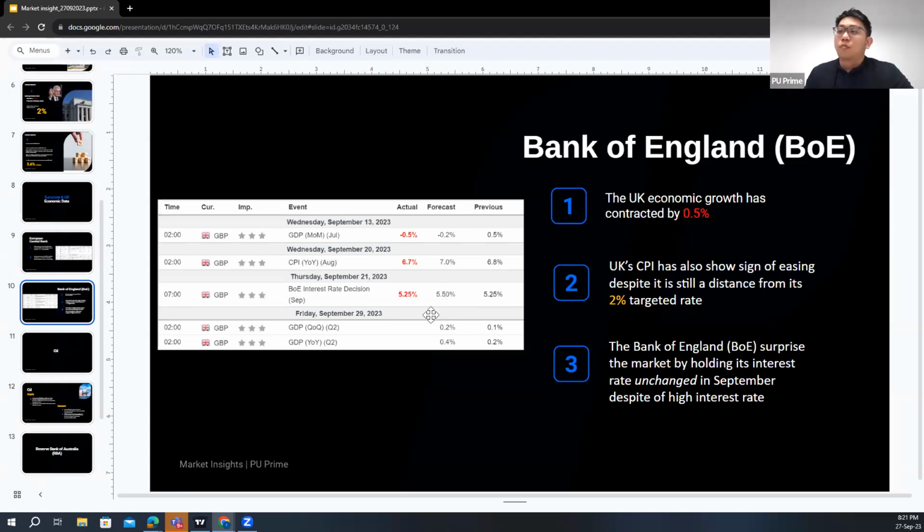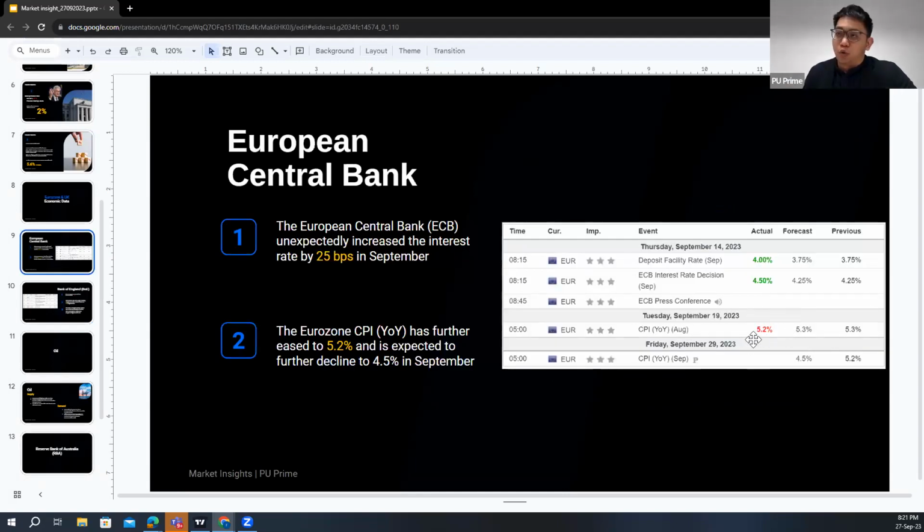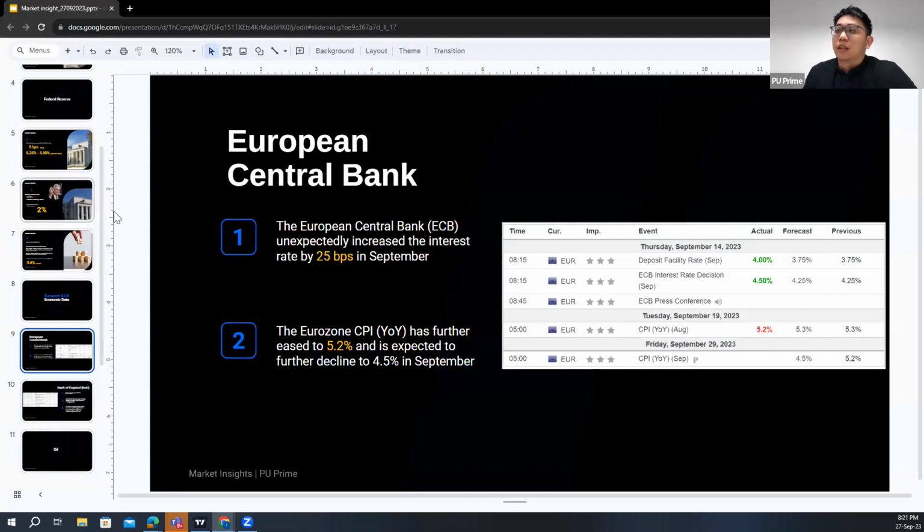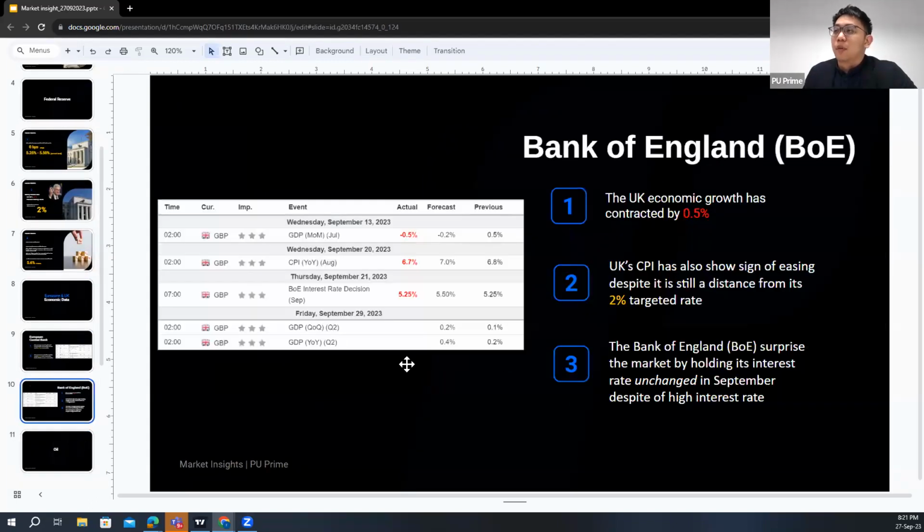25 basis points. Why the situation for the UK and the Euro is different is that the UK has, I would say, the highest inflation rate amongst the major economies, because they still have 6.7%, whereas if you can remember, the Euro has only 5.2% for CPI, and the US only has 3.7%. So in order for the UK to gradually tame the inflation, they actually need the rate hike slowly. So the market was expecting a 25 basis point rate hike from the BOE last week, but that's not happening,